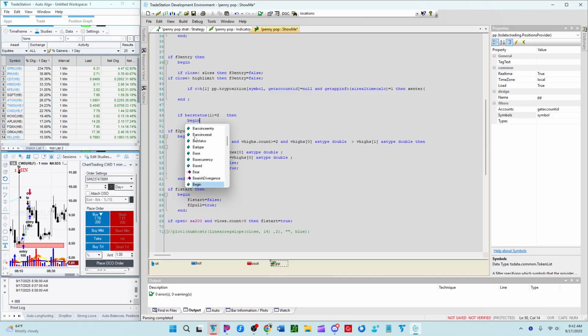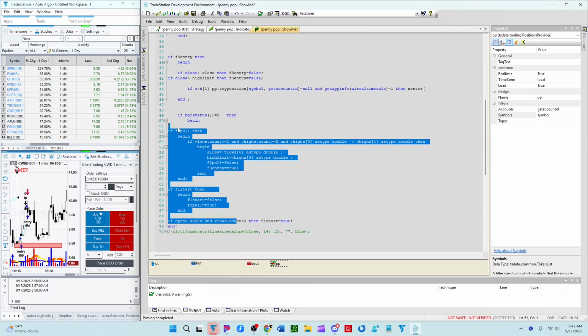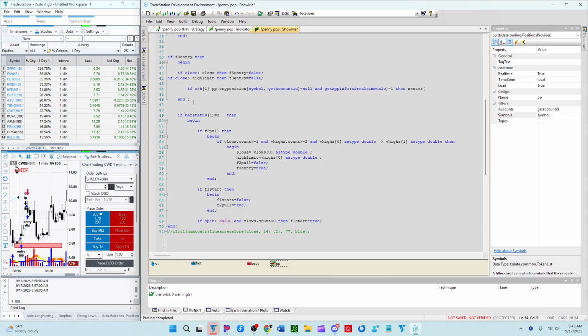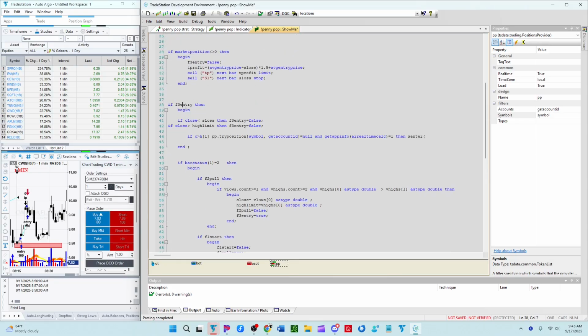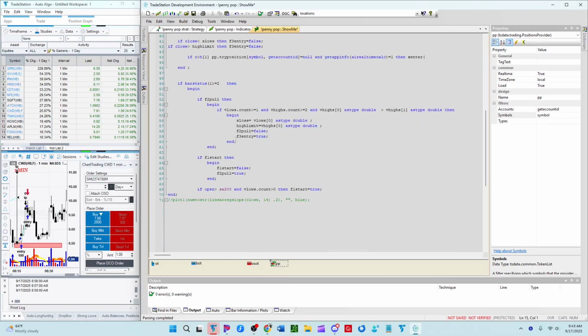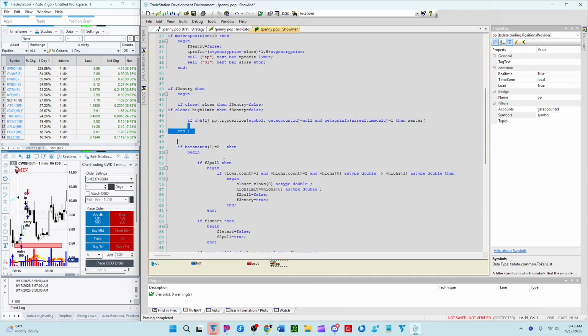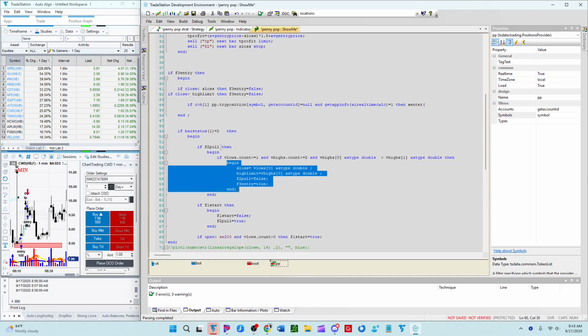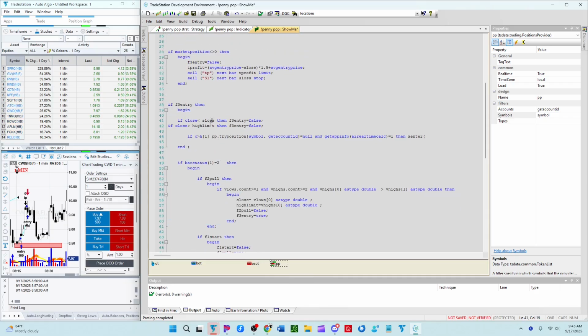Then begin, and that way all this stuff won't run every tick, except for this here will run every tick if F3 entry is equal to true. So F3 entry has got to be intrabar persist. And does anything else change on the intrabar? All this changes at the end of the bar, this close high limit. Okay, so then X enter